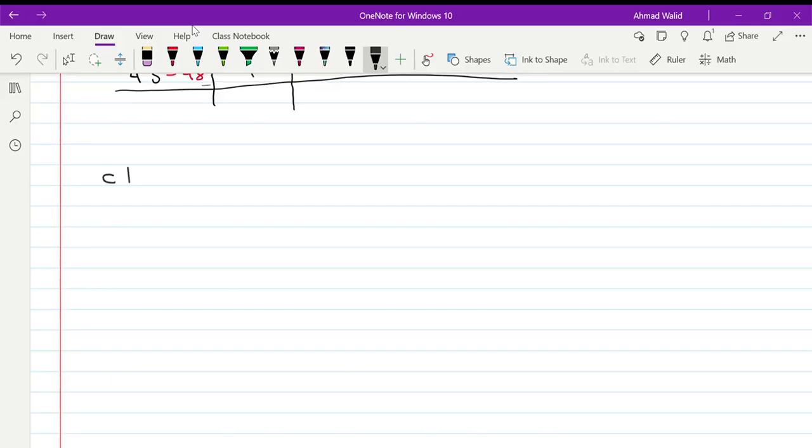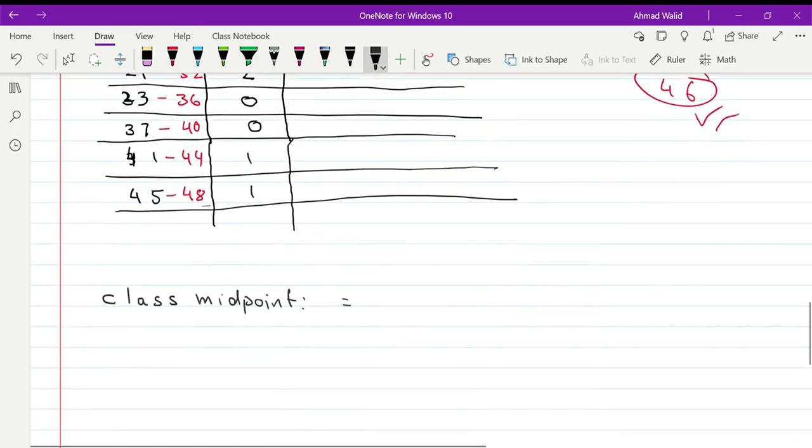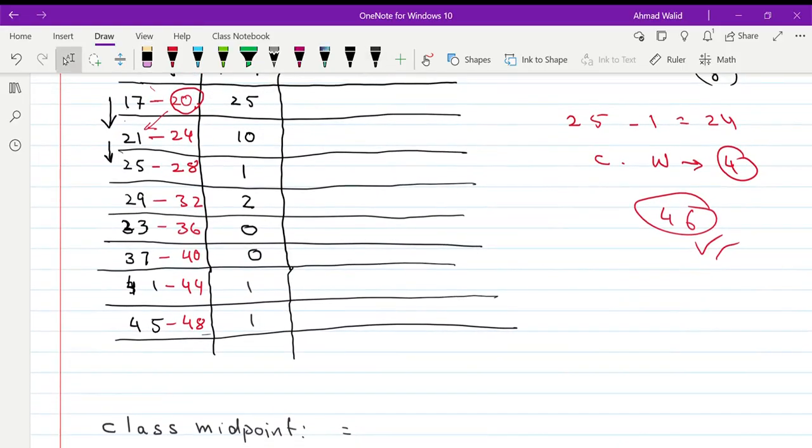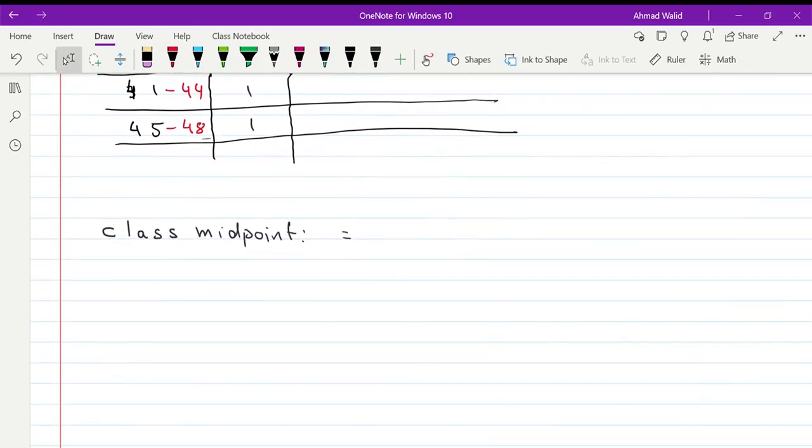Class midpoint. What is class midpoint? A number between the upper class limit and lower class limit. For example, if you see your first class here between 17 and 20, there is a number in between these two, correct? We want to find that number. What is that number? To do that, the easy formula is